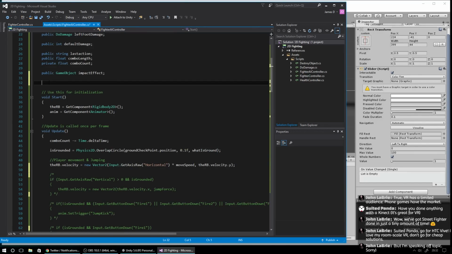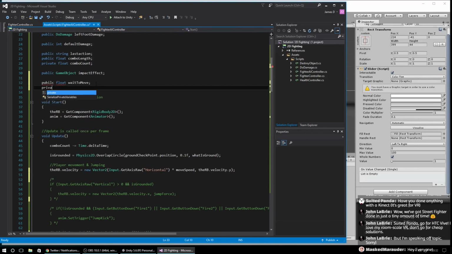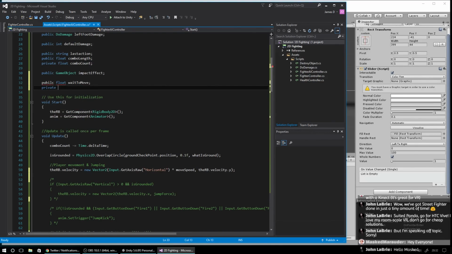let's go ahead and say we're going to create a public float wait to move. We'll create a private, that's a public. I don't know what a public is. We'll create a private float